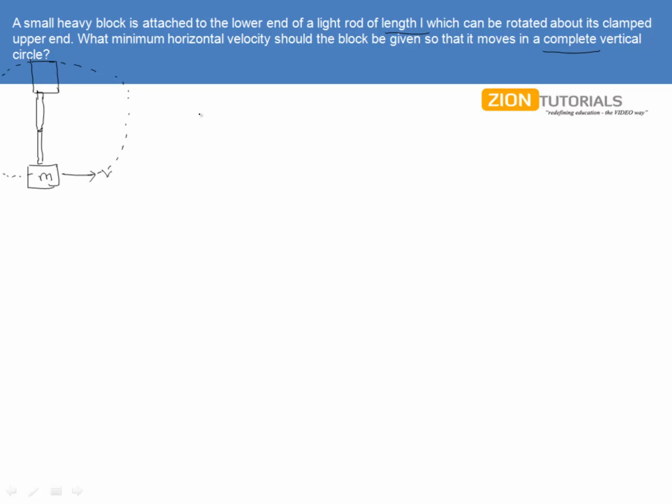So here we can apply energy conservation between the lowest point A and the highest point B, right? Now, half mv squared equals mgh, because we have assumed the velocity to be 0 over here. Why? Because as I mentioned before, even the slightest momentum will make it fall and complete the motion. So the kinetic energy over here, because we have taken this as the reference point, so no potential energy will be there, equals mgh.